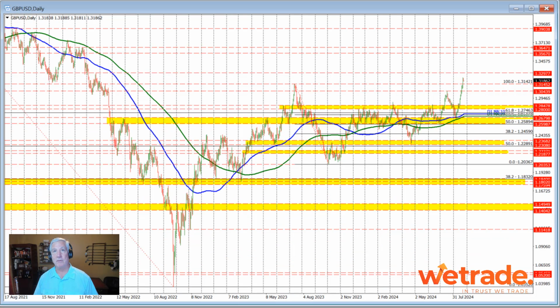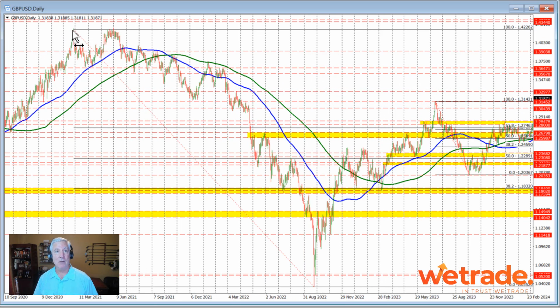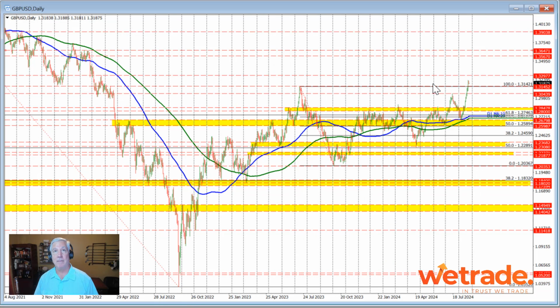Finally, let's take a look at the sterling versus US dollar. Take a look at the daily chart to start things off. And if we go back in time on this daily chart, all the way back to this high price, the 2021 high price, to the 2022 low price right through here, the 61.8%